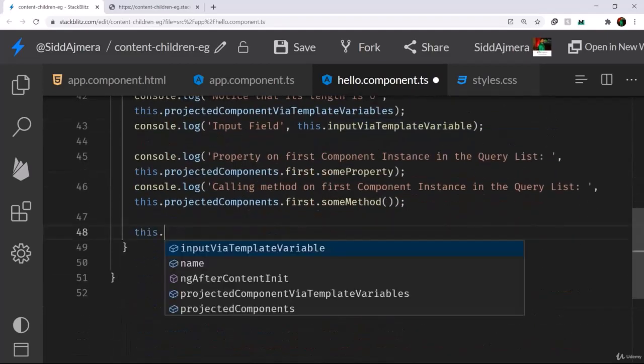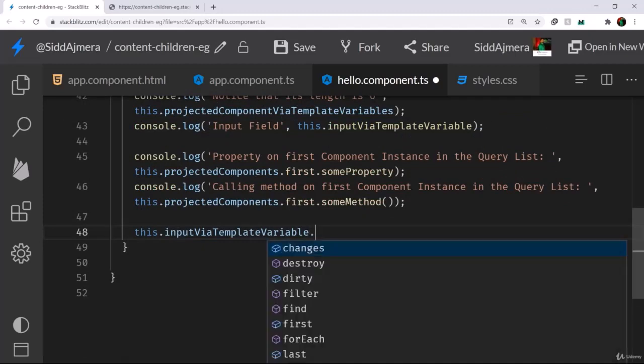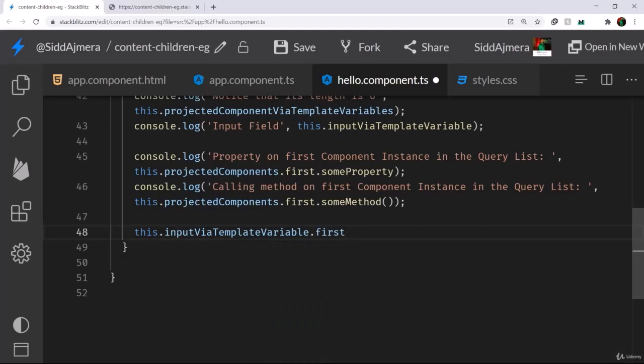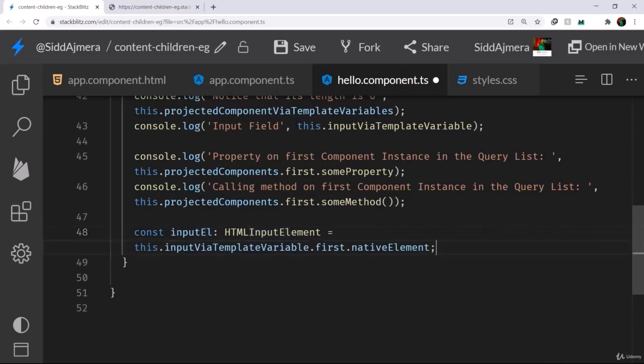So this would be this.inputViaTemplateVariable. Now since this is a QueryList, it would have quite a lot of things like first, last, and stuff like that, but we already know that there's just one ElementRef in this QueryList, so I can just use the first property, and then on that first property I can try to access the nativeElement. Once I have that native element, let's also assign it to a local variable called inputEl, and this is again going to be of type HTMLInputElement. And with this element I can then try to access the classList and call the add method